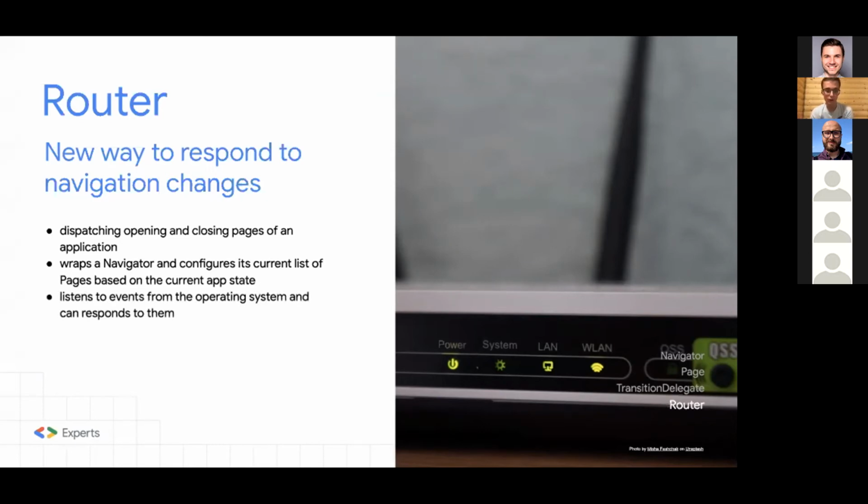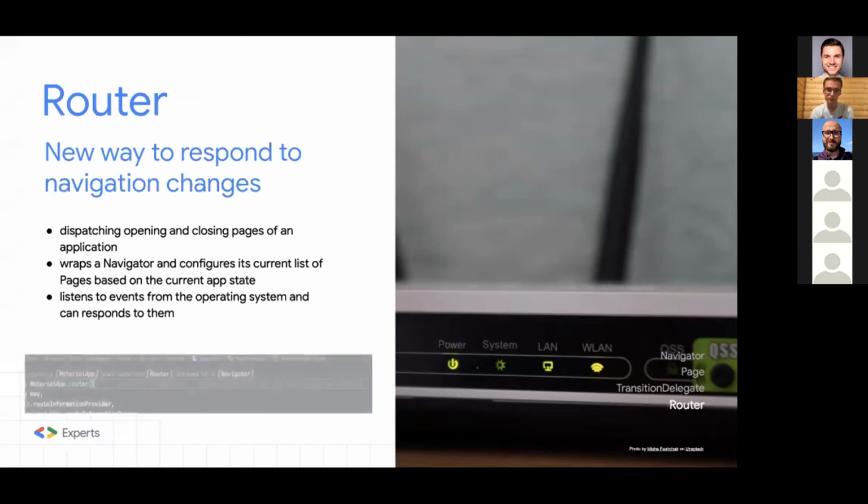Another important responsibility is to listen to events from the operating system and eventually respond to them: the back button, maybe some special gestures, intents from the system, deep links, and also the back button. So these are the three main responsibilities.